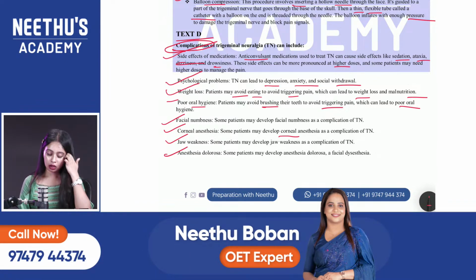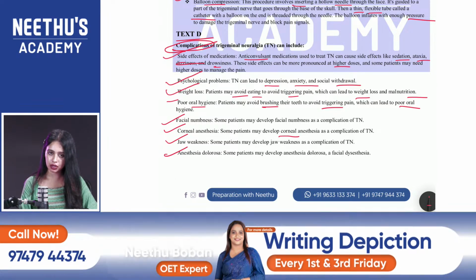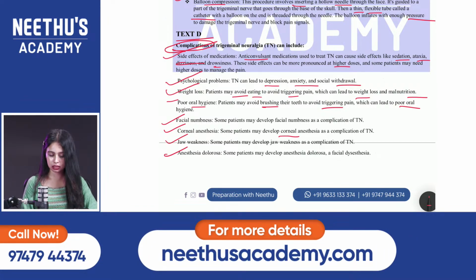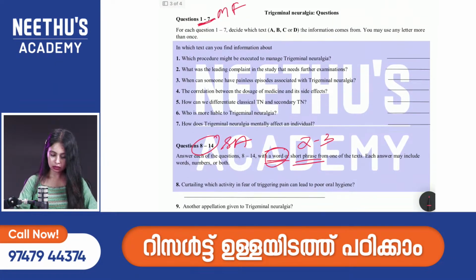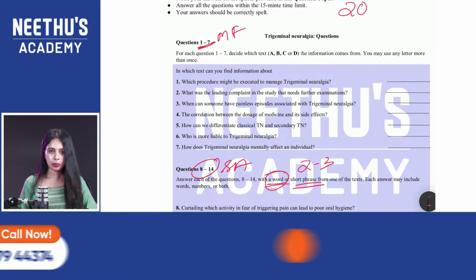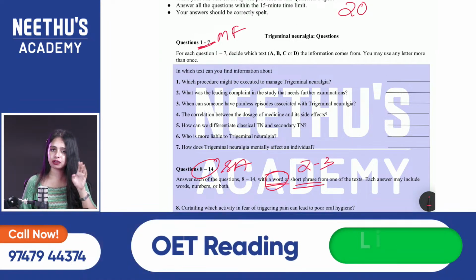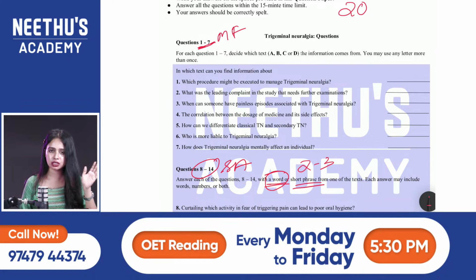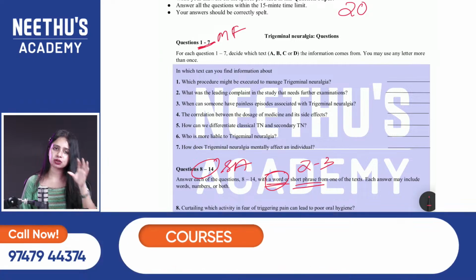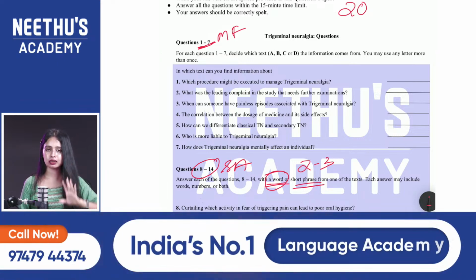Corneal, yes. Clear? So this is how we are going to read and underline each and every important word from these texts. I hope it is clear. Okay, so now we are moving to the question answer session. Now you guys have an idea. If you're attending this live session, definitely you have an idea what is in text A, B, C, and D. So what is in text A? Just imagine what is in text A. Please give me a summary or gist in the comment box. In the comment, what is in text A, text B, text C, and text D? In a word or in a sentence you can write.